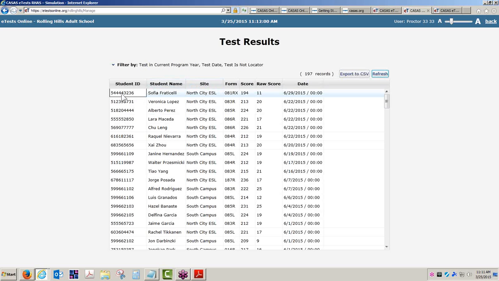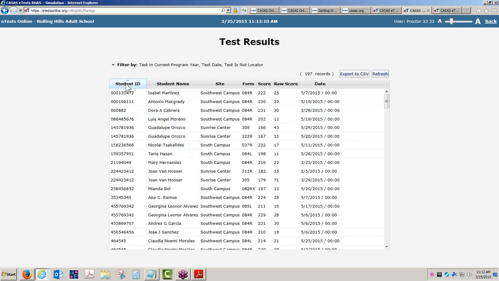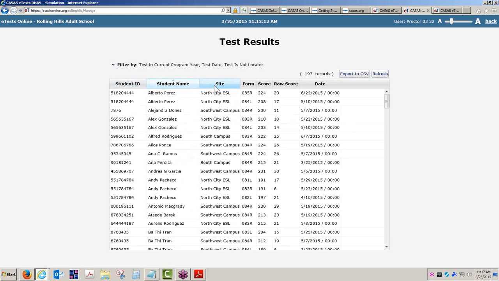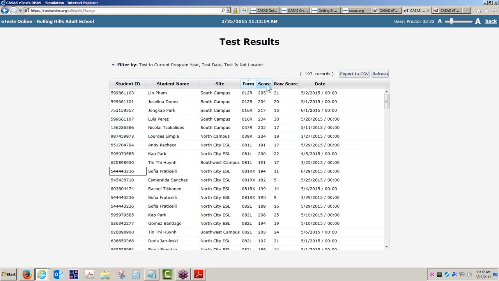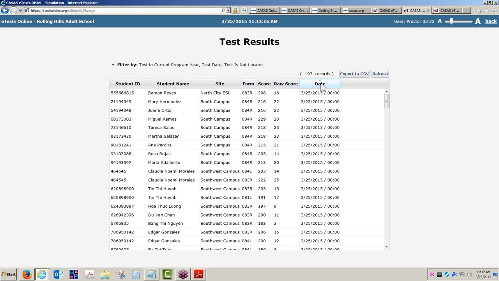You can't see any real rhyme or reason to this. The dates are even out of order here. But in the test results lister, here again you can click on any of these columns to sort the columns if that's helpful. If you want to bring up the current day's test results, notice today is March 25th, and you see test results here for March